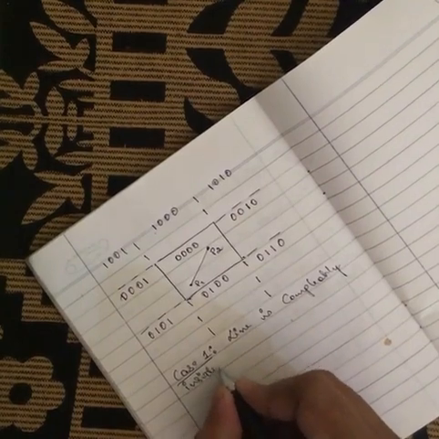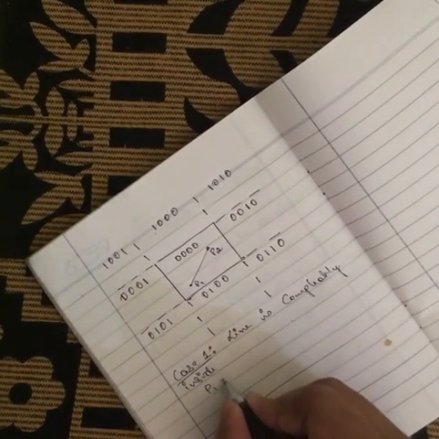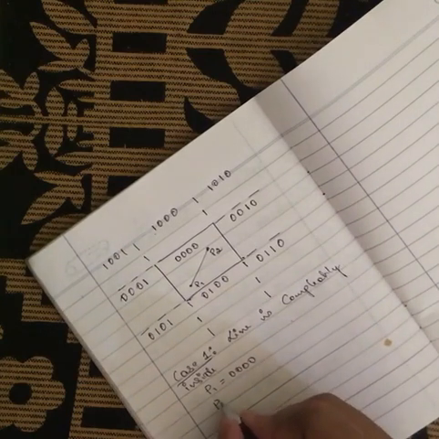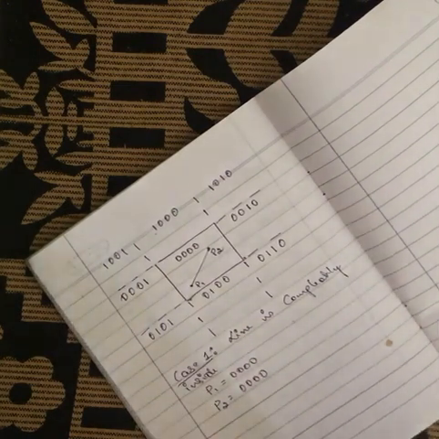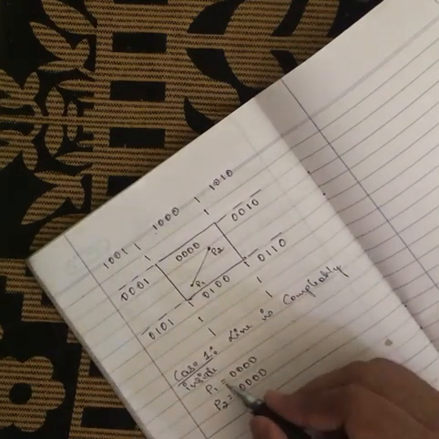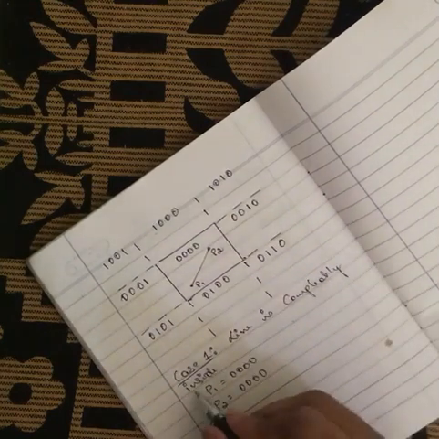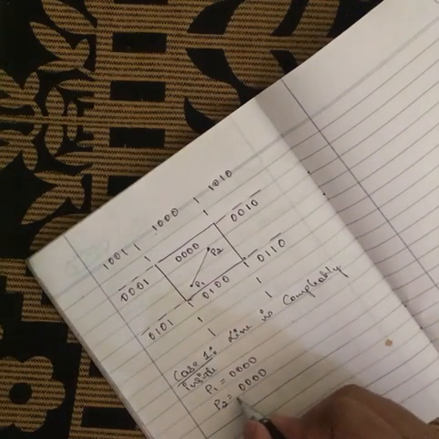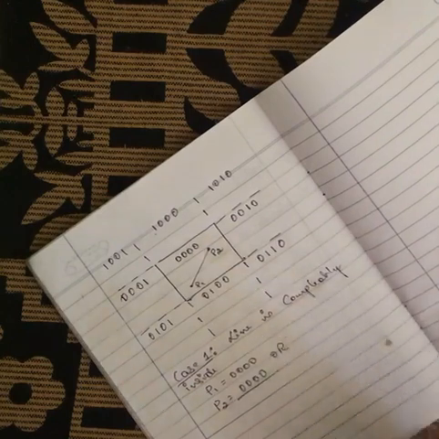In this case, we have to take the region code of P1, which is 0000, and the region code of P2, which is also 0000. If the region codes of P1 and P2 are both 0, then we can say the line is completely inside. What is the other way to do it? Otherwise, you OR the region codes.